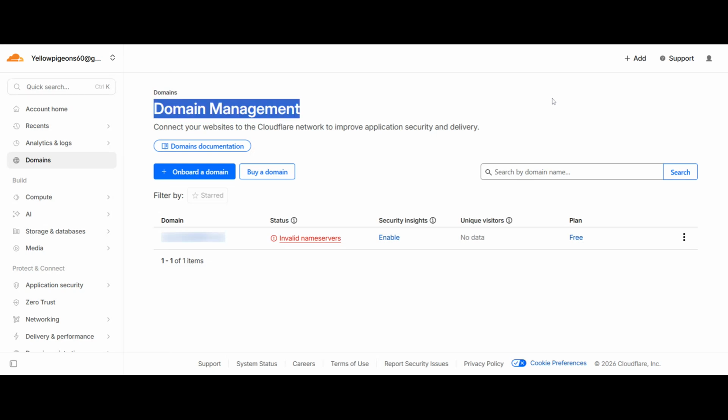In today's video, I'm going to show you exactly how to invite a user to your Cloudflare account step by step. Whether you're working with a developer, a marketing team member, or a client, giving the right access inside Cloudflare is essential for managing domains securely and efficiently. I'll walk you through the full process, including how to set permissions properly so you stay in control of your